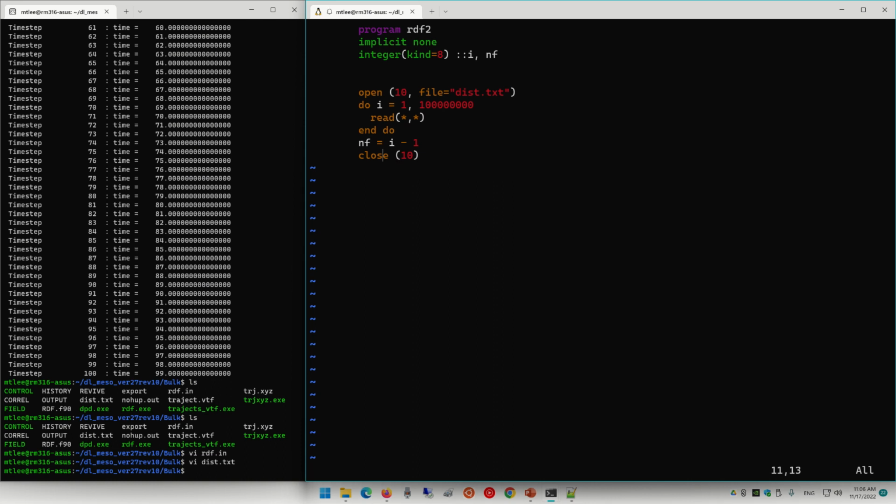And then I allocate my array. I allocate my array into it's a distance array, distance array in F. So it's a real number. Okay.